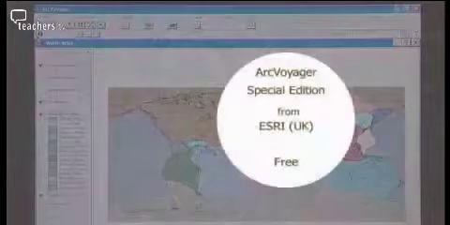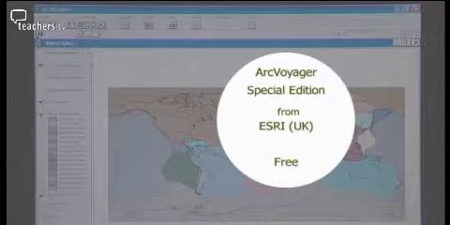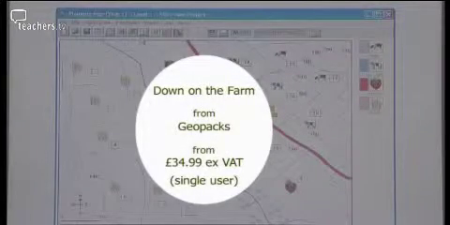Great. Well, I think we'll leave it there. Just to recap, the 3 resources that we've looked at are Arc Voyager Special Edition from Esri UK, Down on the Farm from Geopax, and Google Earth from Google. For more information about all of the resources, go to our website. It's teachers.tv/resource review. Or if you want to, email us,